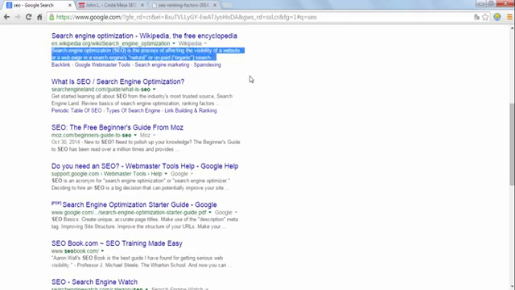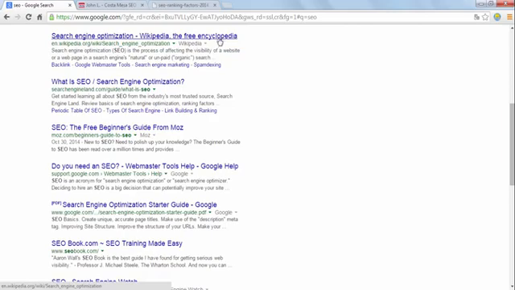I just did a search here for SEO. This 2-line, about 155 character string of words is called the meta description. The part in bright blue up at the top would be called the meta title, in case you ever hear those terms. The meta description is particularly important because it determines click-through rate, meaning people do a search for something